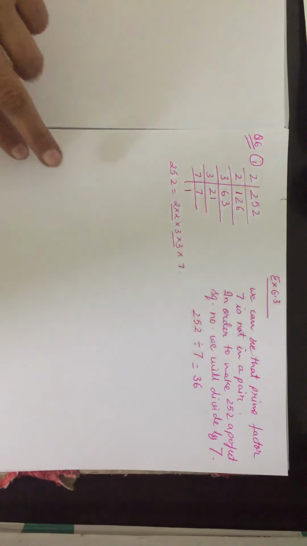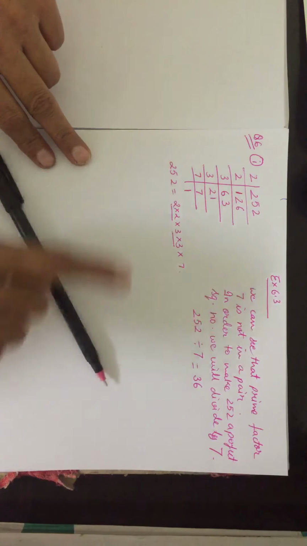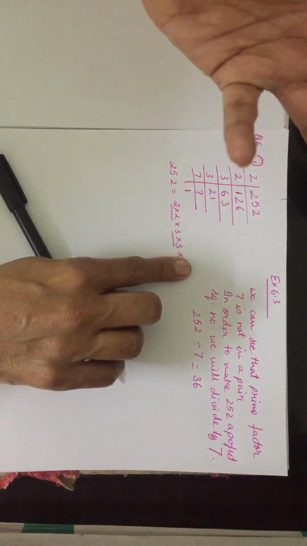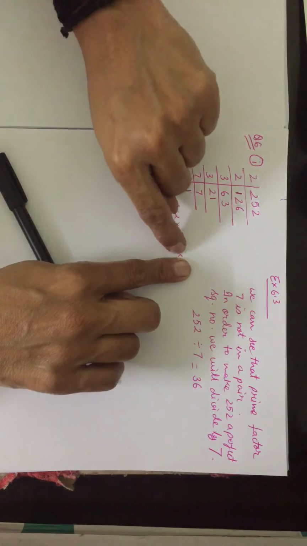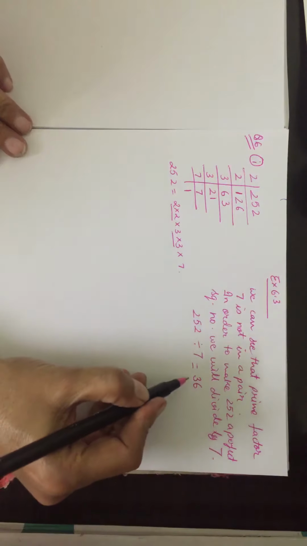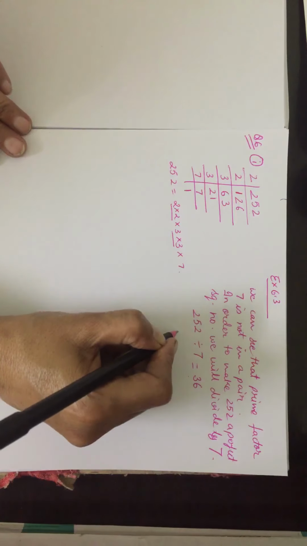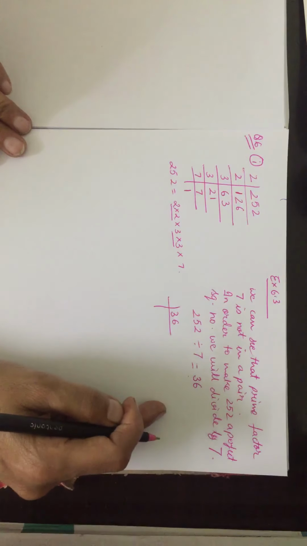And how you can get that, can I also tell you? If you divide 252 by 7, then this number will not have this factor. Whatever the rest of the factors will be there, just multiply. 2 twos are 4, 3 threes are 9, 9 fours are 36. This is the easiest way. Now it's very easy. You all know what is the square root of 36? No need to find out. You can directly write down 6.